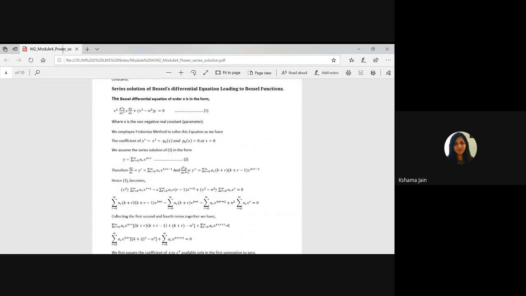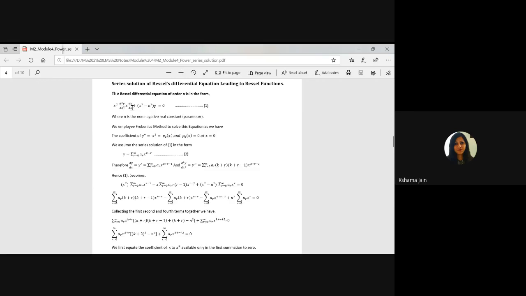So next is, see here, the same only. That time we had the particular Legendre's differential equation, in the form 1 minus x square d2y by dx square minus 2x dy by dx plus n into n plus 1 y equal to 0. So that was Legendre's. Now we have a different equation, that is Bessel's. So, the series solution of Bessel's differential equation. Bessel's differential equation has the form x square d2y by dx square plus x dy by dx plus x square minus n square y equal to 0. This equation is called Bessel's differential equation.